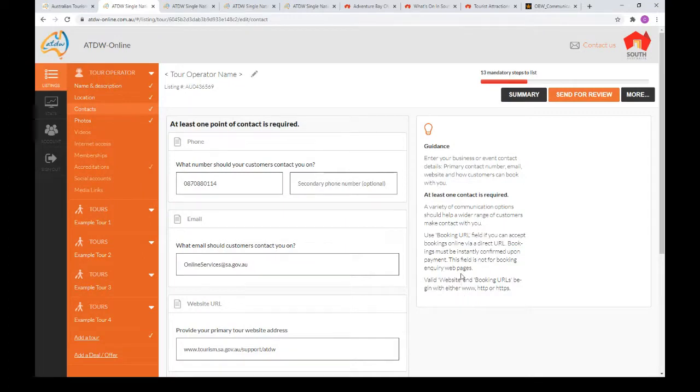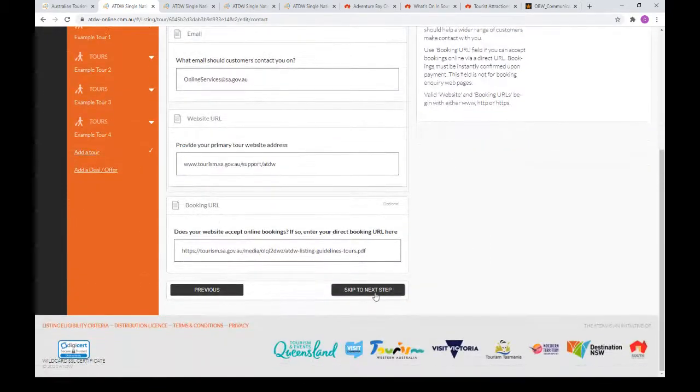Your contact details, we will quickly state that it is really important to make sure that the contact details you enter here are the contact details that the consumer will be using to contact you. So whether that's for booking or whether that's for more information. So these are not your personal contact details, as well as your websites, making sure that you've got a nice generic website